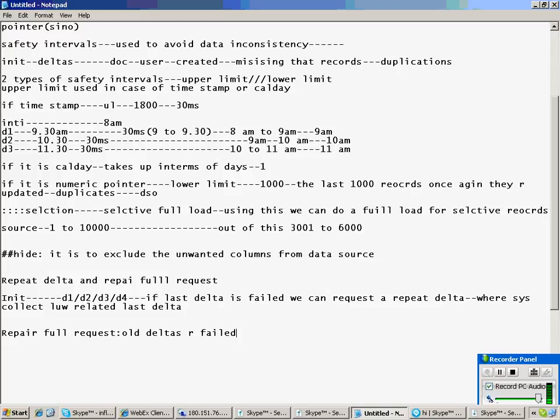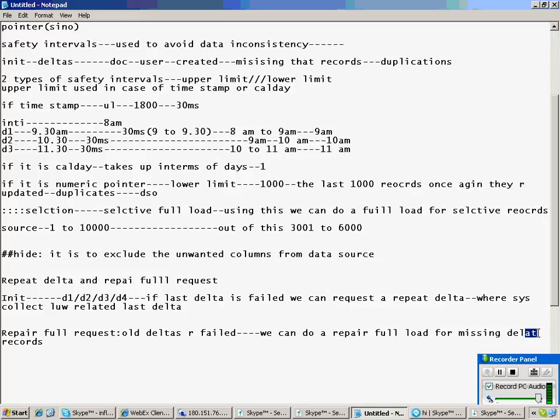In that case, we cannot go for a repeat delta, since it is whole delta. Repeat delta is only possible for the last delta. Now, in that delta, there could be some missing records. We can do a repair full load for missing selection, for missing delta records.